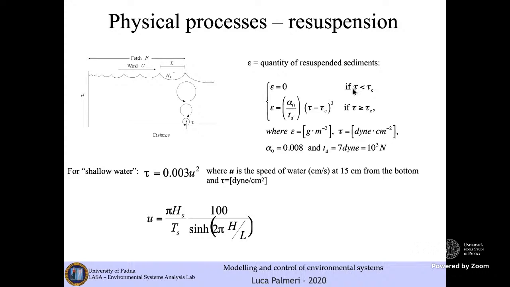If the shear stress tau is smaller than the critical shear stress, then we will have no resuspension, so epsilon is equal to zero. On the contrary, if the shear stress tau is larger than the critical shear stress tau c, then we have an explicit model in which the quantity of resuspended material is equal to some kind of constant